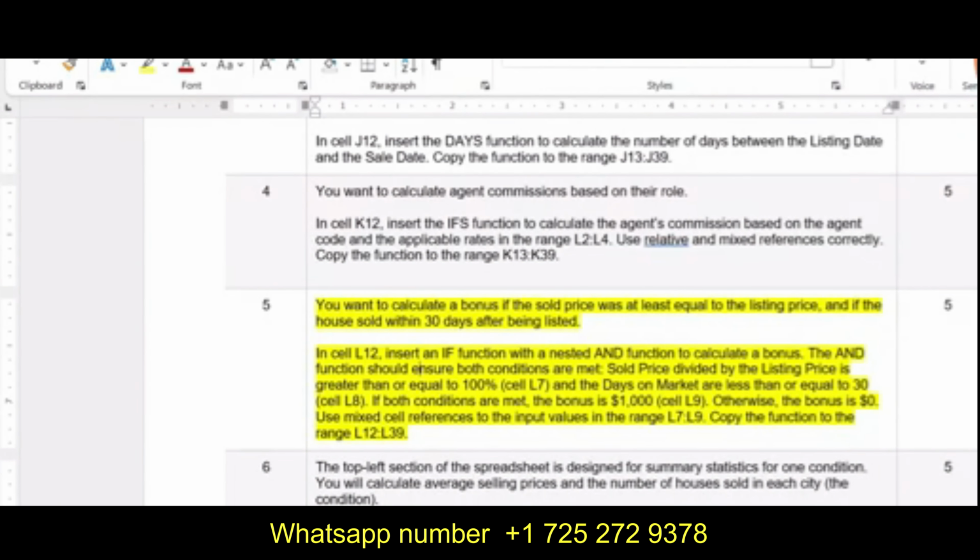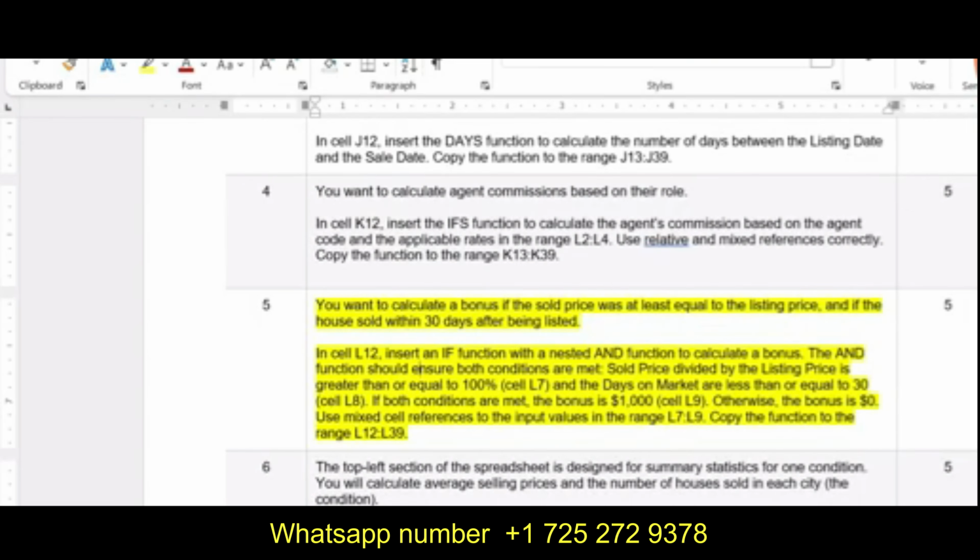The AND function should ensure both conditions are met: sold price divided by the listing price is greater than or equal to 100%, L7, and the days on market are less than or equal to 30, that is L8.